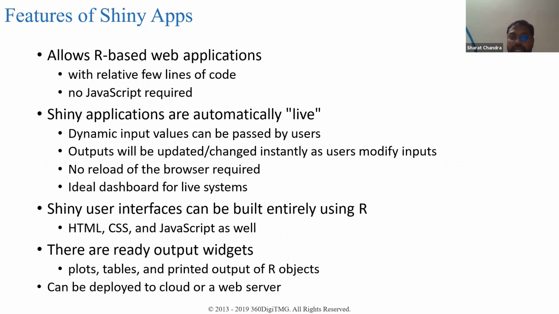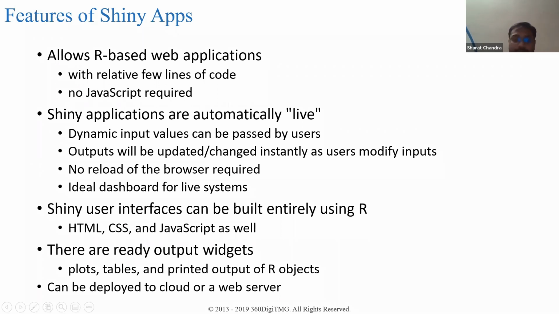live HTML pages where your input value changes based on the code or application that you have developed, and the output, the results, also get changed. It is automatically done. Dynamic results are there. You don't have to reload or refresh.